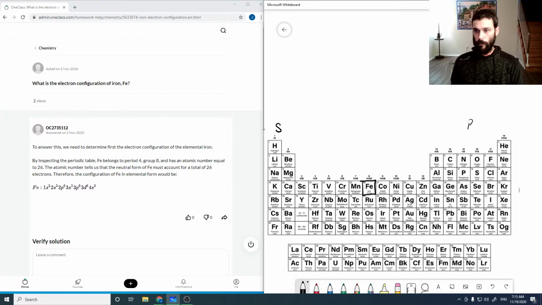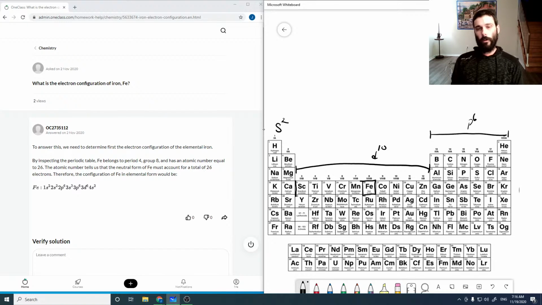The P block is over here, and 1, 2, 3, 4, 5, 6 can only hold 6, and the D block is in here, and there's 10 of those. So the D block can only hold 10, the S block can only hold 2, and the P block can only hold 6. As far as getting up to here,